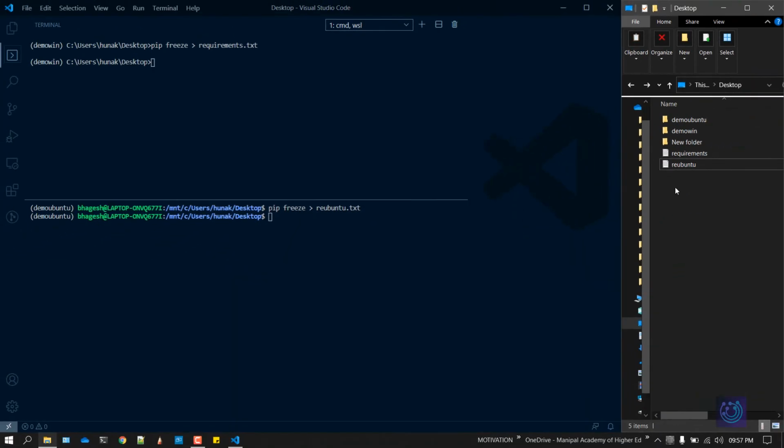So once we have the dependencies stored in a text file, the next thing which we are going to learn is how to migrate the dependencies and the modules to another virtual environment. Like, consider you have hundreds of modules installed and you want to migrate them to a new virtual environment. Or consider you're done with the project and going through it, you find out there's an error and you have deleted the virtual environment. How to get back all the modules in just one command?